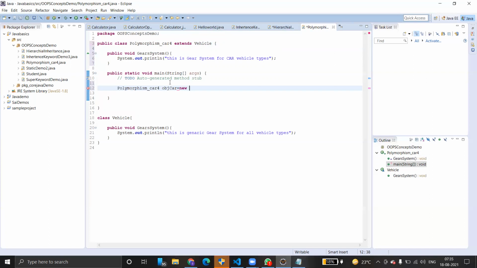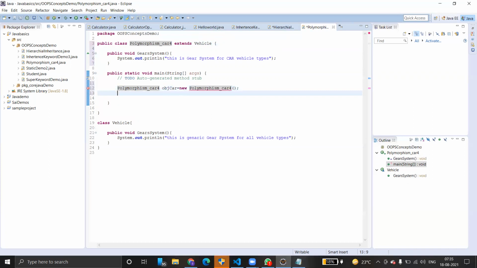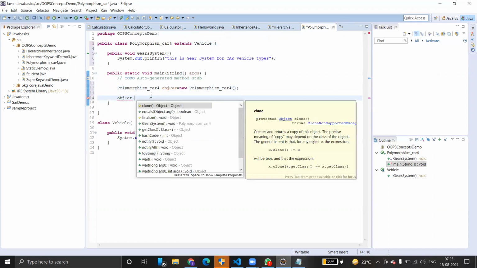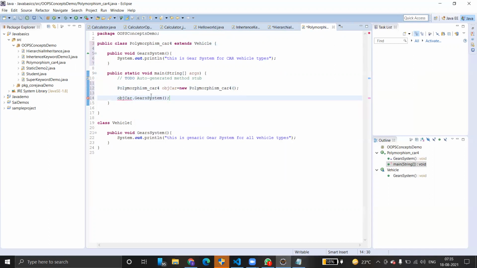This time I just want to use it as it is. Control C, Control V. Dot gear system. That's it.